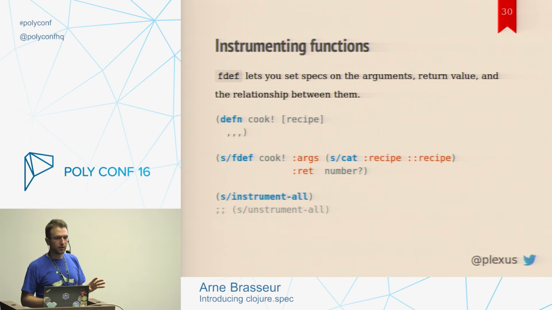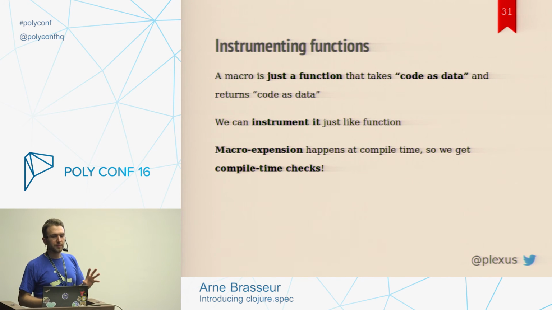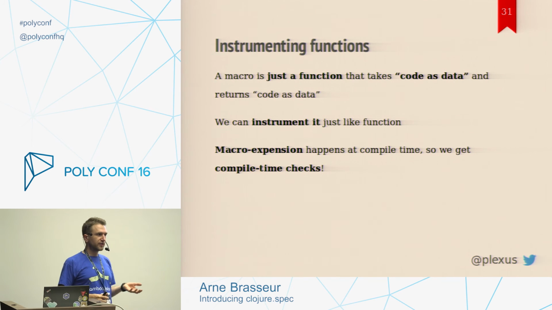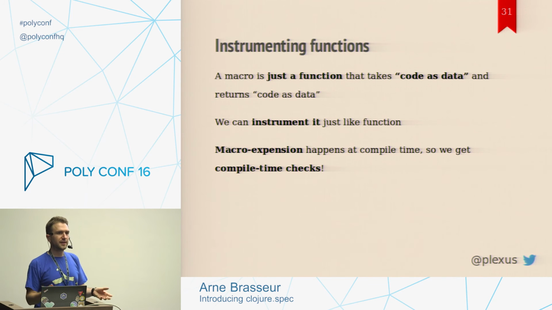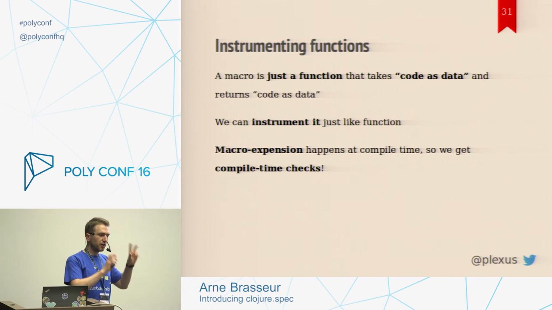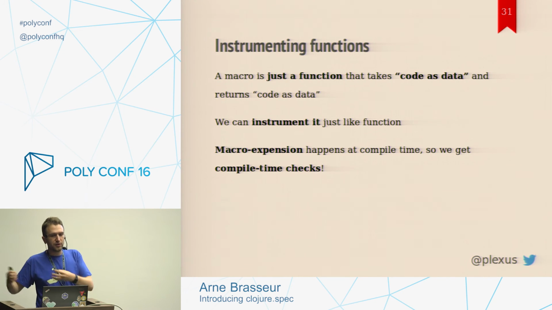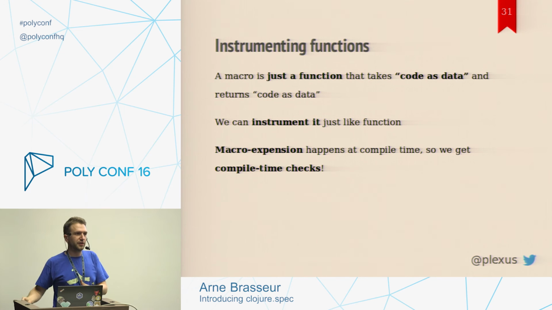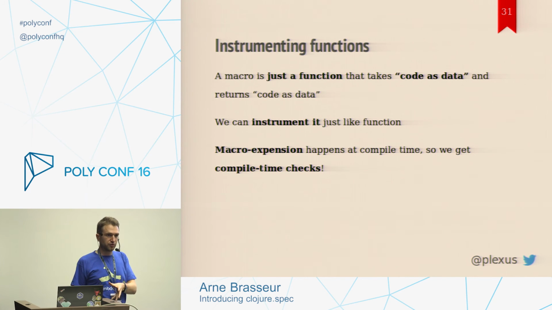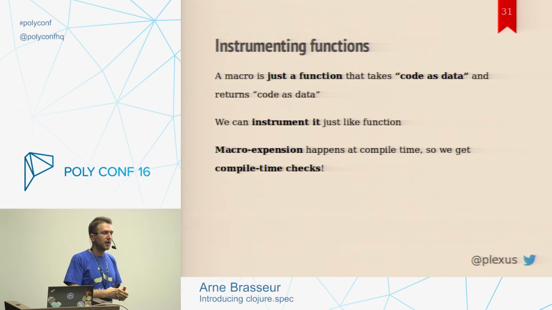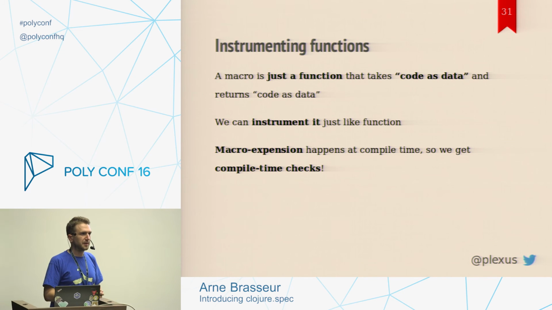Now that's not all, because what about the macros? So a macro, in a way, is just a function. It's a special kind of function, but to some extent, it's really just a function that takes code as data, takes an abstract syntax tree, and returns some other version of that code as data, and then that gets interpreted as code. So we can instrument these just like other functions,